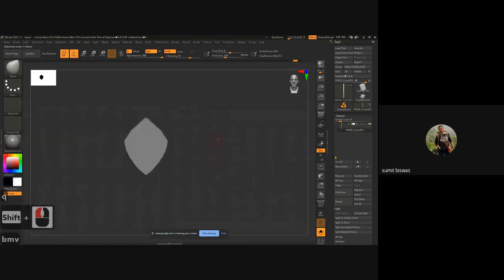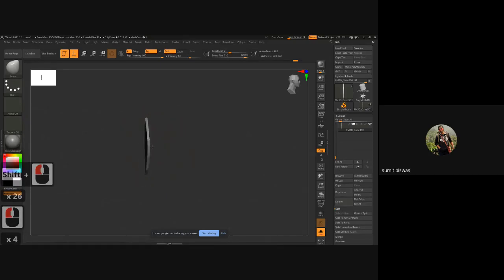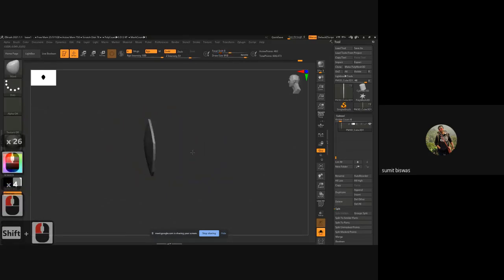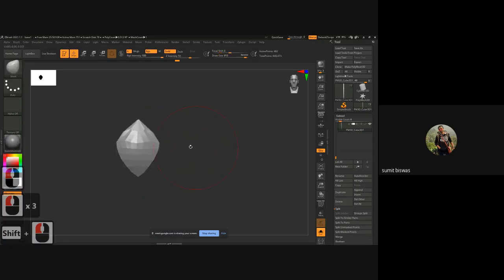BMV, move to side, increase the brush size, and that curve. I was thinking to use that so I can create it really quickly, but I really get confused with that thing. It works beautifully, but I personally found it a bit tricky and a bit complicated.